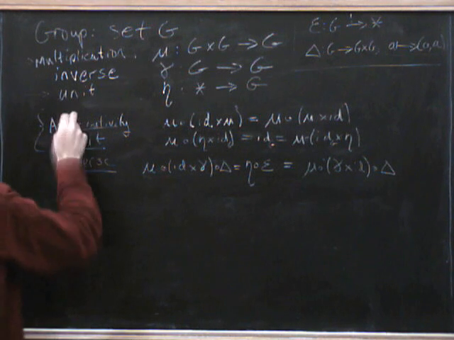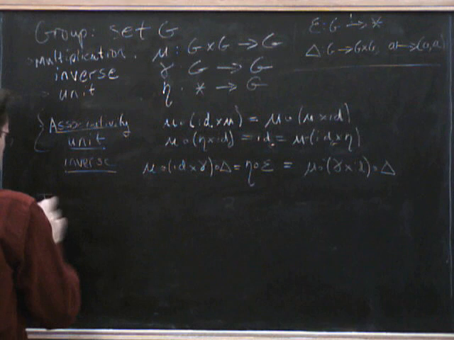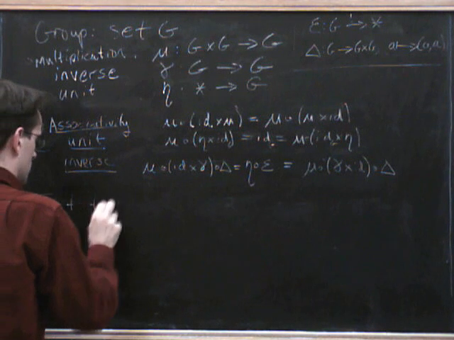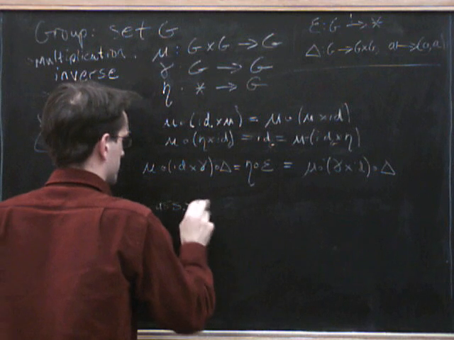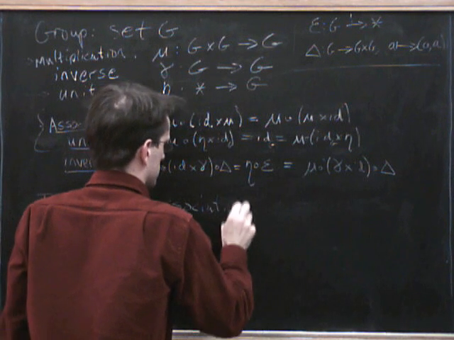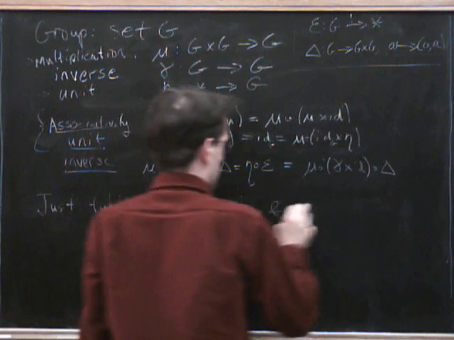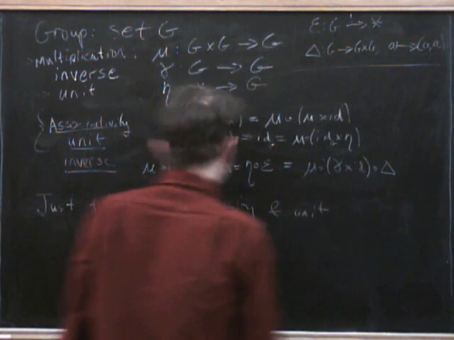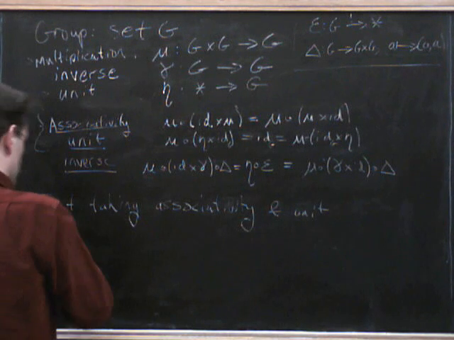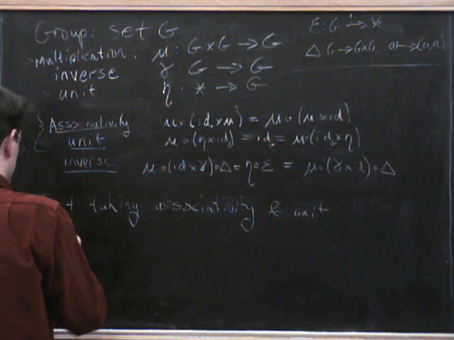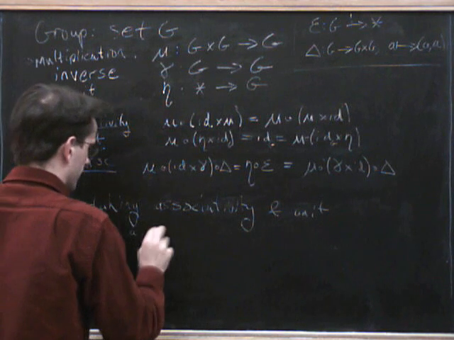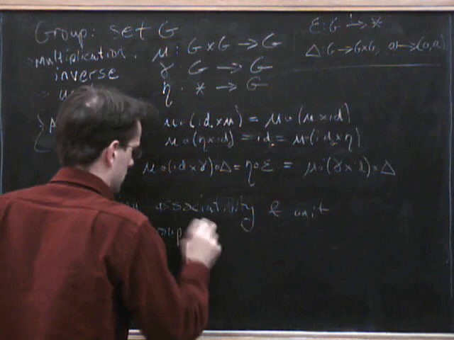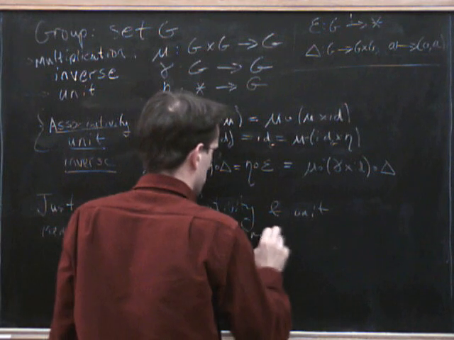So taking associativity and unit means that a group is a monoid